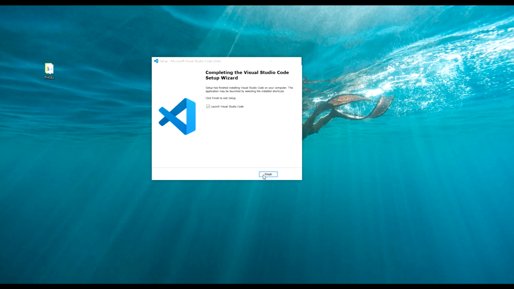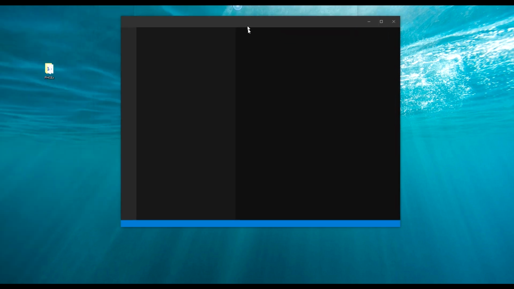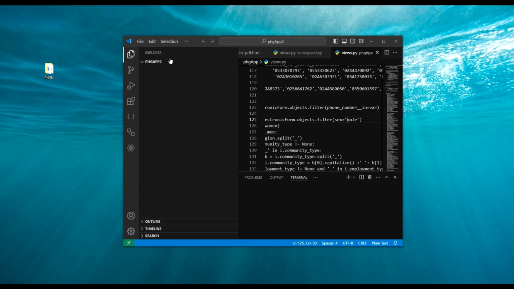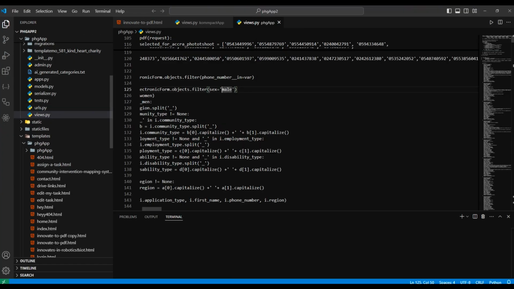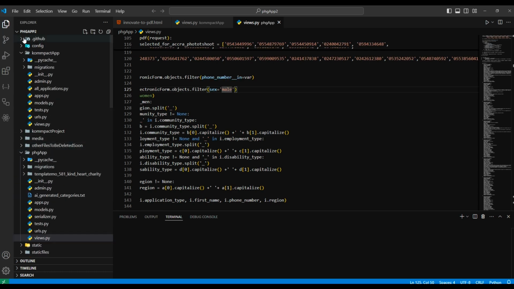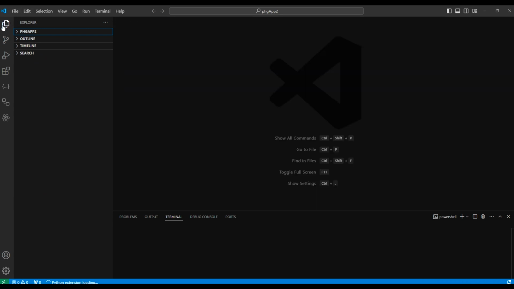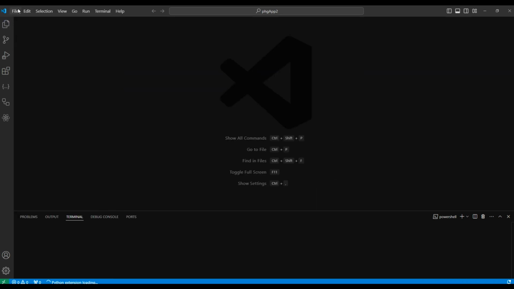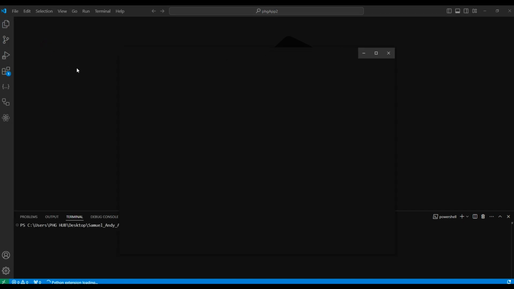Good. So let us launch our Visual Studio Code. So here is our Visual Studio Code. I used to have Visual Studio Code on my computer. That is why this has opened. But for you, you wouldn't get something like this. You may have